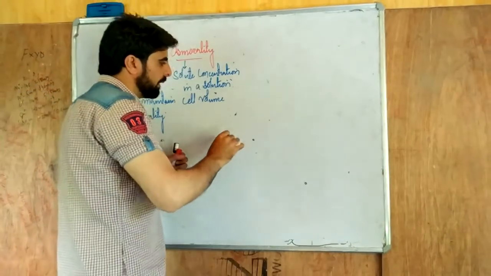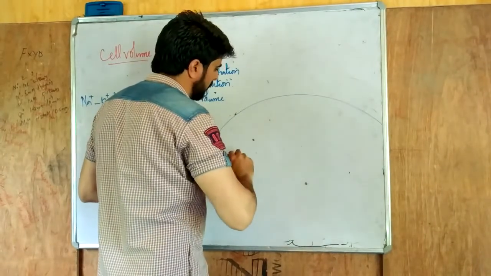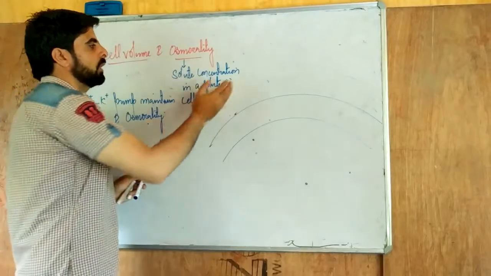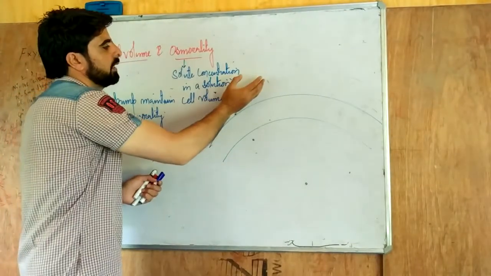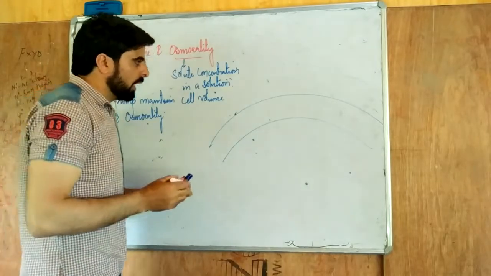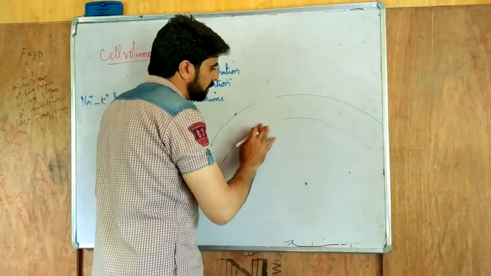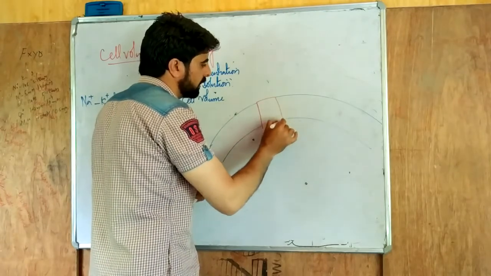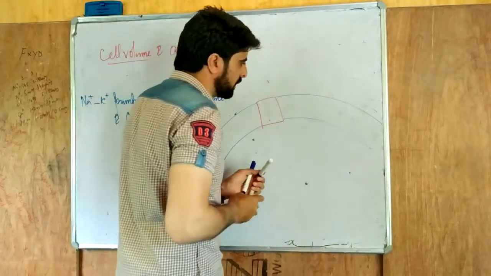Say for instance we take a plasma membrane again. Here I am drawing it roughly. This is the plasma membrane. This is the outer extracellular matrix, this is the intracellular side, or you can call it the intercellular space, and this is the cytoplasm. Now we have the pump located here. If I draw a pump, this is a sodium potassium pump. And we have one more thing located here, which is most important.